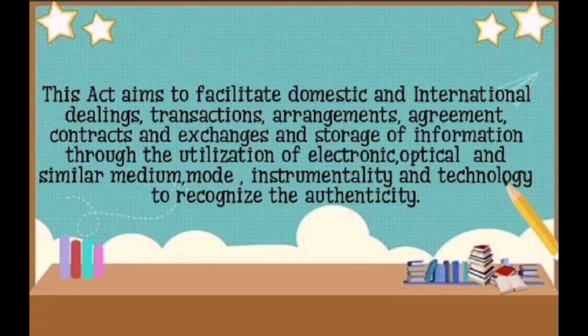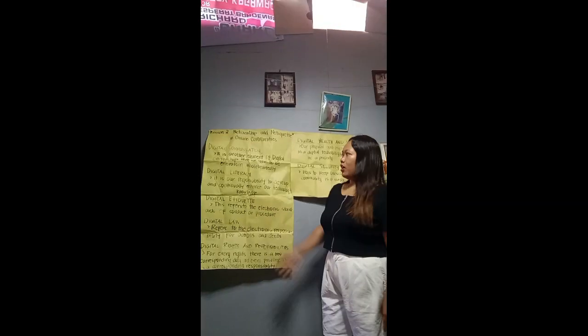So, sa digital commerce, kung baga example, tulad ko as a technology user, I need to understand carefully how we are going to share what I have in order to have a safe way. Because nowadays, people shop online through different websites and even do online transaction banking. So, kumbaga, the RA 8792 was the act to facilitate domestic and international dealings and so on, to be recognized for their authenticity and reliability. That's all. Thank you everyone, this is my topic.